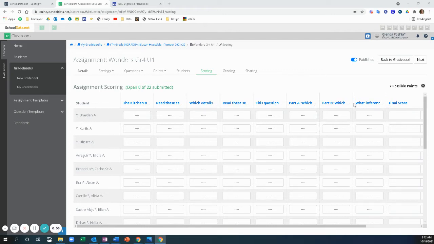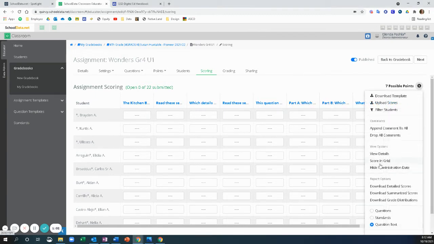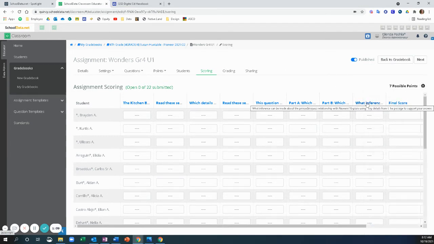When you're wanting to view the written response and score those, you want to be on this part where it's blue, which is where you get first before you go to scoring grid. You're not going to use the scoring grid option to score the written response questions, because what you're going to want to do is find the written response, which will be very obvious if all the multiple choice are